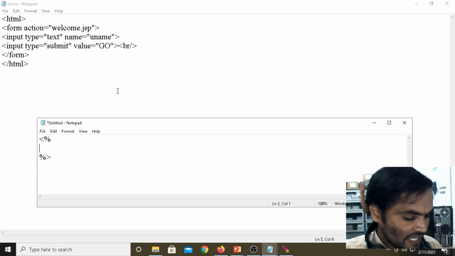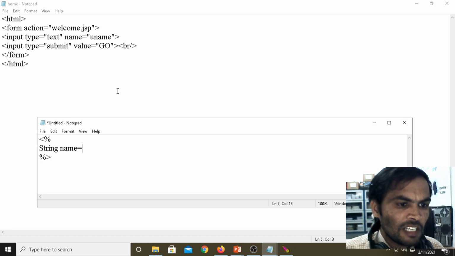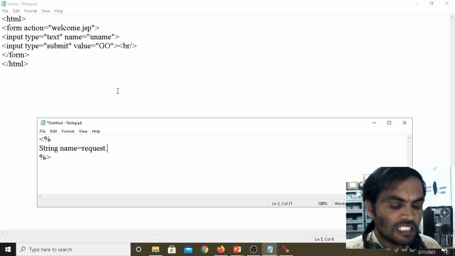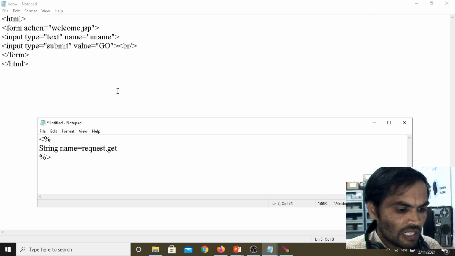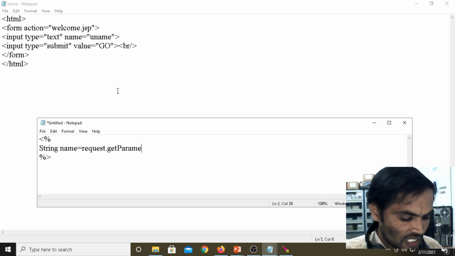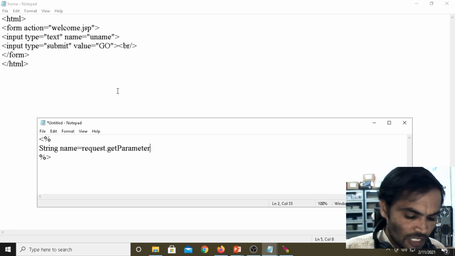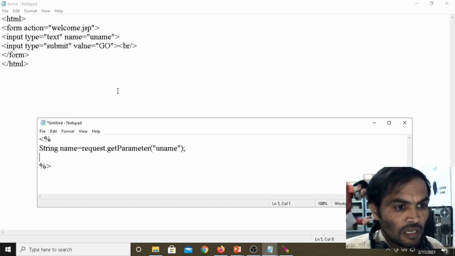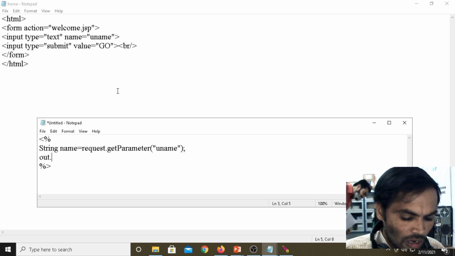Now we take a String class, with the help of the initialization parameters, request object. Just now I said we are not creating the request object; internally the web container creates it. Request.getParameter, we take as uname, then with the help of the out object.